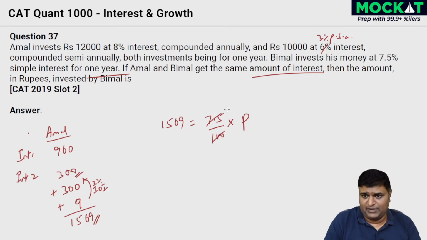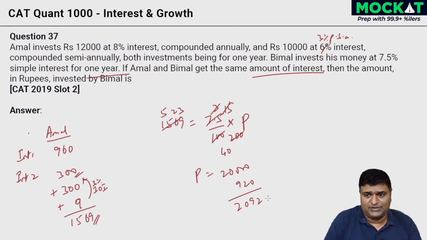So multiply and divide by 2. You're going to get 15 by 200 divided by 5. You're going to get a 40 here and a 3. And 3 you divide over here, you get 523. Your principal is 523 into 40. 500 into 40 is 20,000. 23 into 40 is 920. So the answer comes to